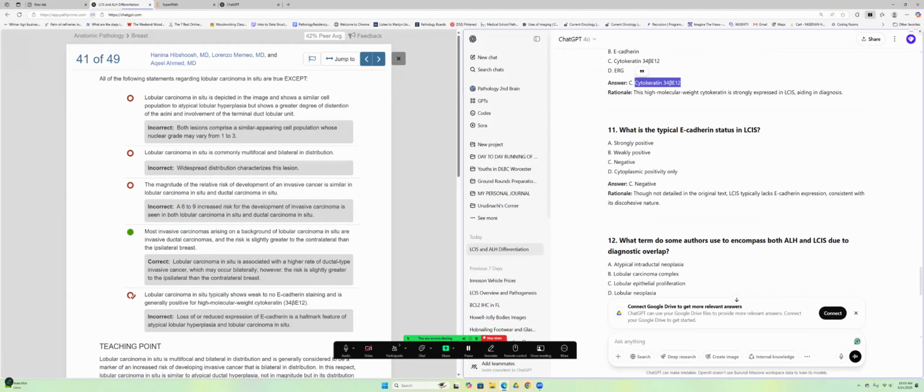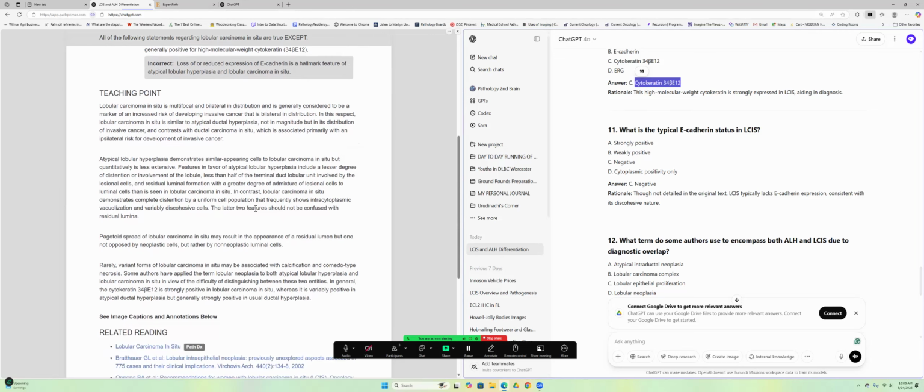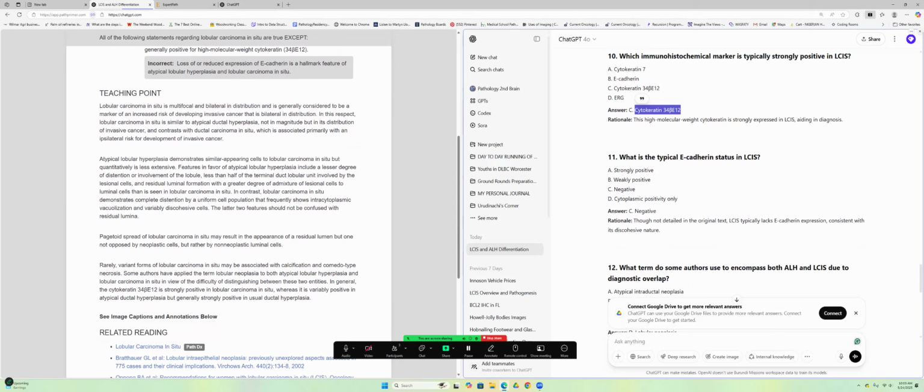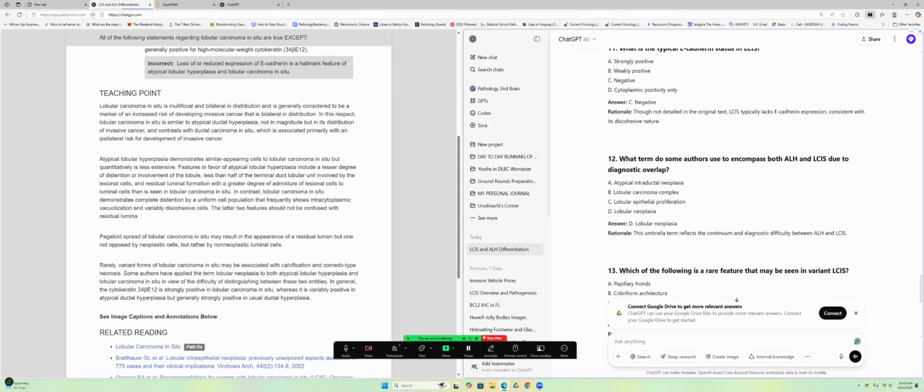What is typical E-cadherin status in LCIS? It's negative. I've not seen anybody using cytokeratin to diagnose LCIS. But for 34 beta E12,